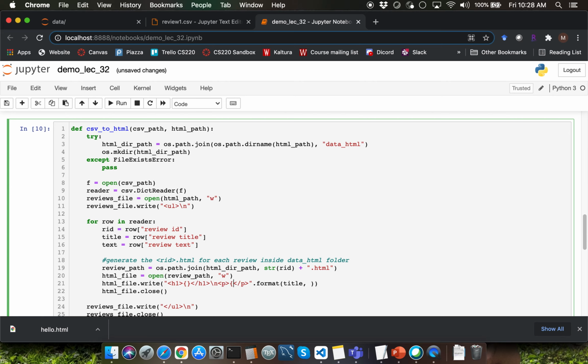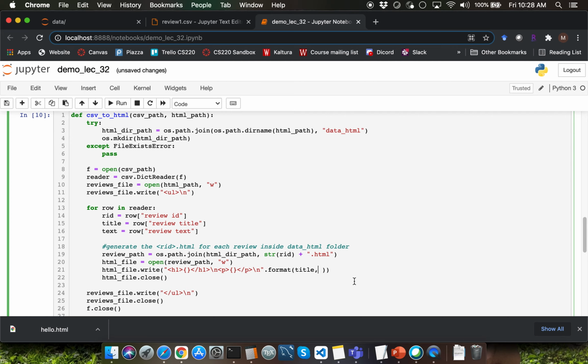Within those tags, I'm going to add another placeholder and I'll add a \n after the paragraph tags. What do I want to mention within the paragraph tags? I want to mention the text of the review over here. So I'm going to pass the second argument to the format function call as text.